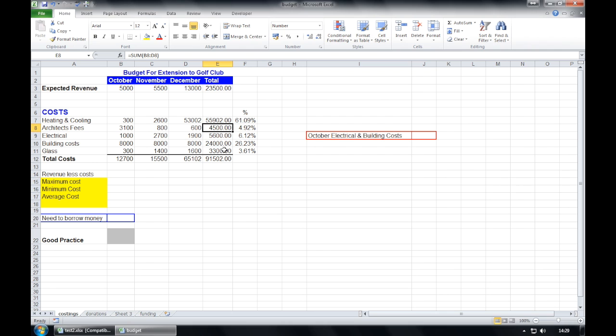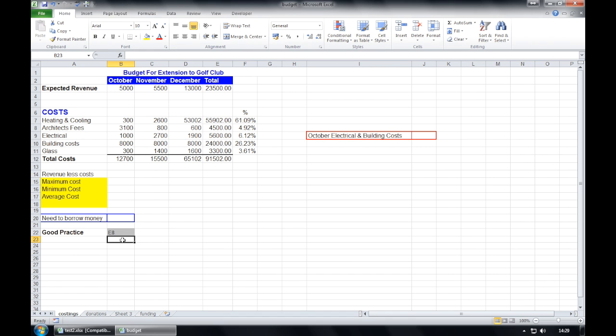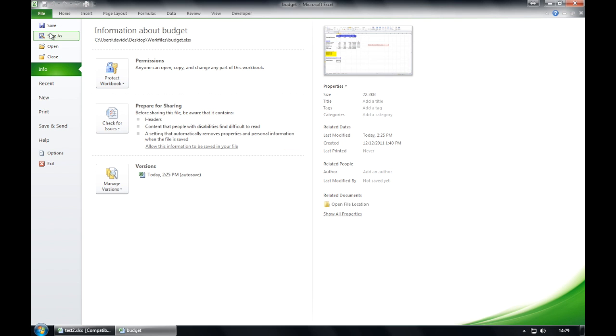Which of the 2 cells, E7 or E8, displays good practice in summing a cell range? Well, it's E8 which has the better way of summing, and we're going to enter E8 and press enter. We need to save your spreadsheet at this point.